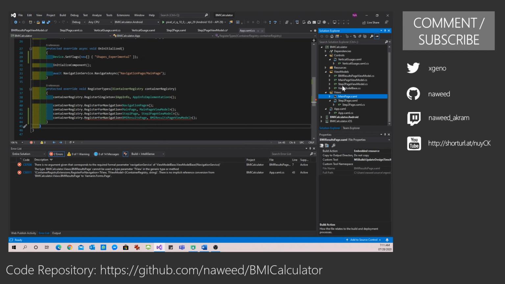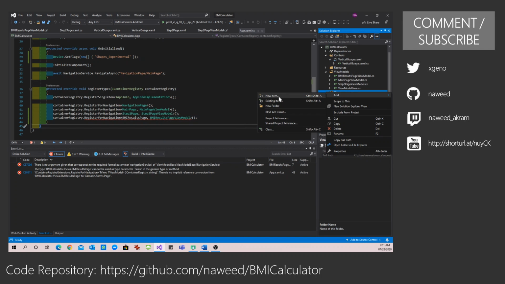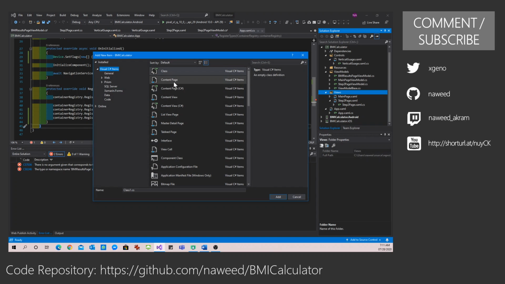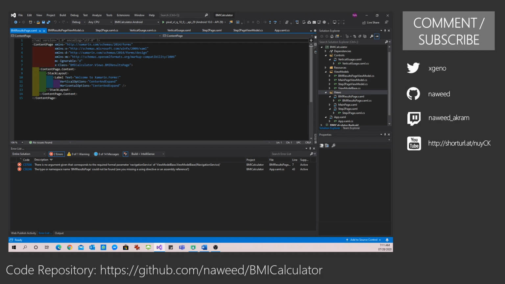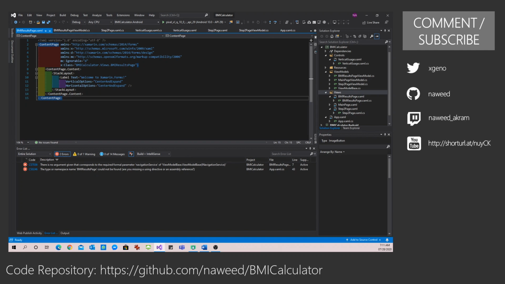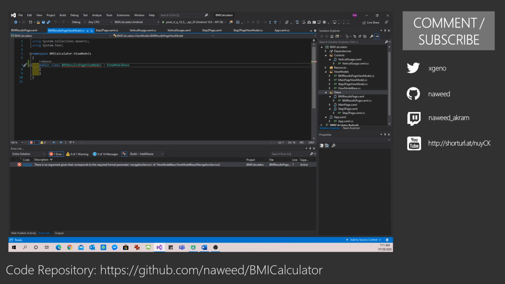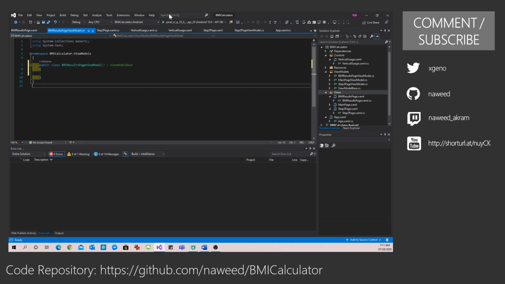Delete, add it as a content page. Let's rebuild. Okay, so we also need to define a constructor for this. For the time being, let's not declare this. Let me run and see how it looks like.